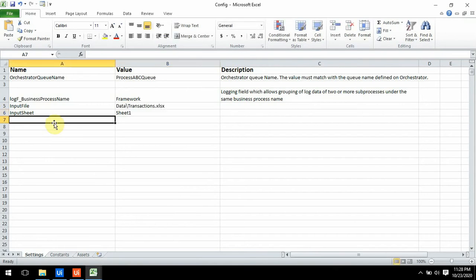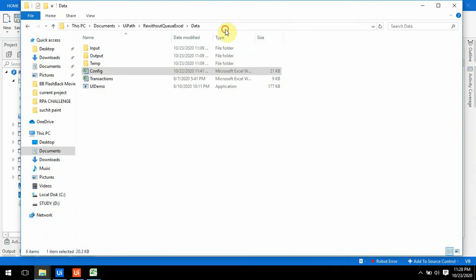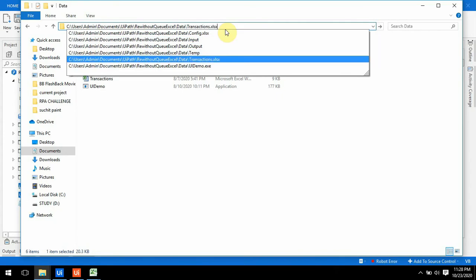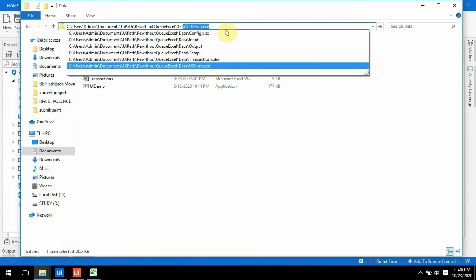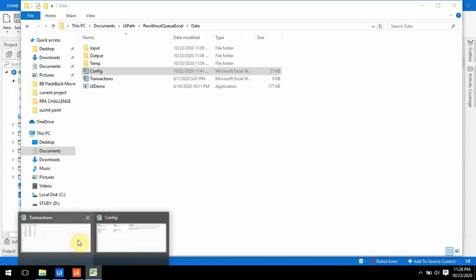Next we require the path of the UiDemo app. Again, the same thing: we just require the last part of this path. Just copy and paste it in the config file.